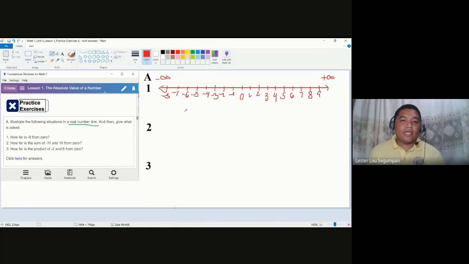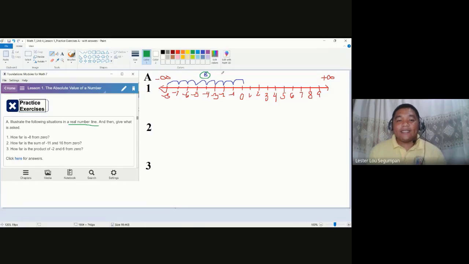So we are now tasked to determine how far is -8 from 0. In short, we are talking about how many movements it needs for -8 to reach 0. So we are going to jump or create steps. Simply from -8 to 0, we pass -7. That's 1. You have 2, 3, 4, 5, 6, 7, 8. We jump 8 whole steps. Definitely, this is the answer to the question, how far is -8 from 0? It is 8.